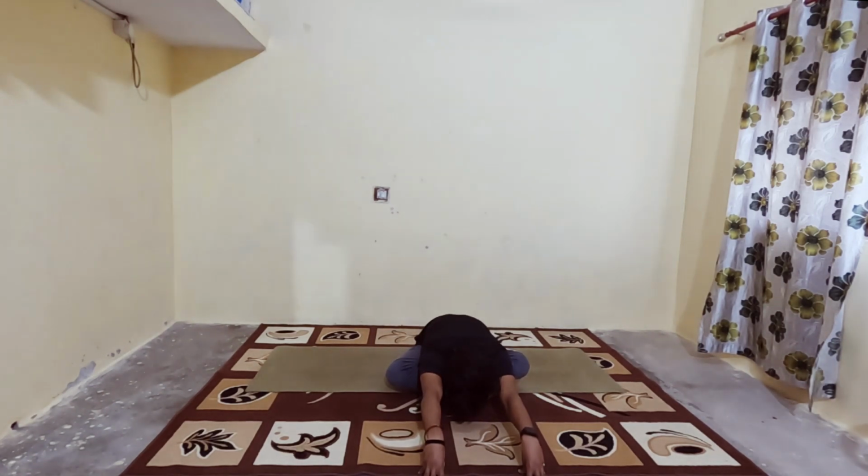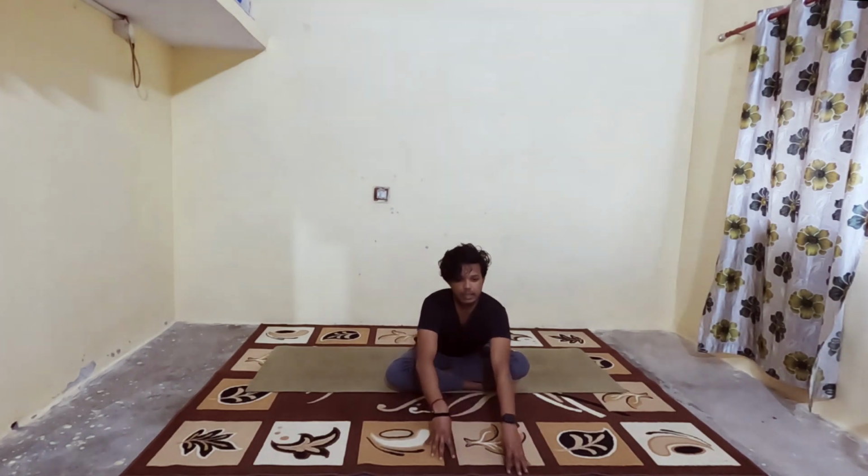Breathing in and breathing out, staying there. Lengthen your spine, maybe you can walk your fingers a little bit further than before. Stretch sideways, feel that stretch in your armpits. Breathing in and breathing out. Breathing in, slowly walk your fingers back to the center